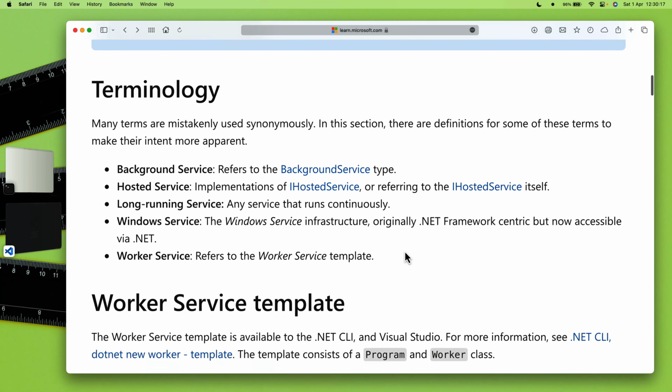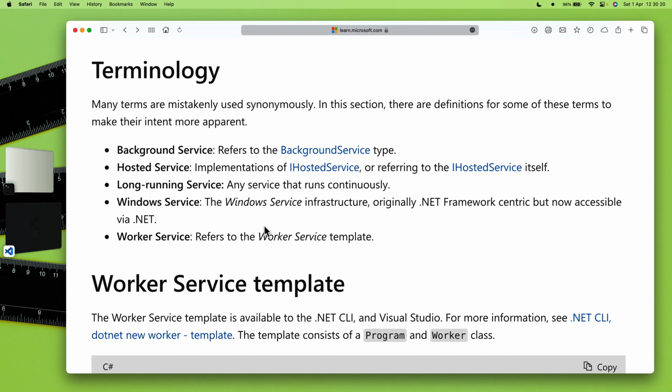There are multiple terminologies behind it, so let's quickly understand them. Number one is the background service, which I told, right? A background service is something which runs in the background. Second is the hosted service, the implementation of the hosted service. This is actually an interface which is extended to be used with the background service. The third one is the long running service, any service that you want to run continuously. And the worker service. A few of these terminologies you will understand quickly when we dive into the project